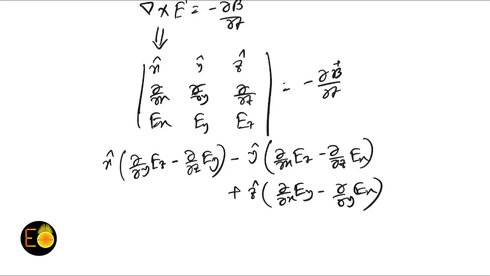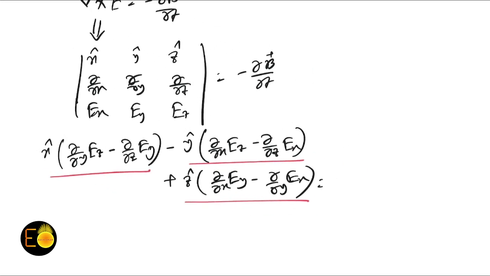So we are getting three components: the x component, the y component, and the z component on the left-hand side. In a similar manner, we can write the right-hand side,